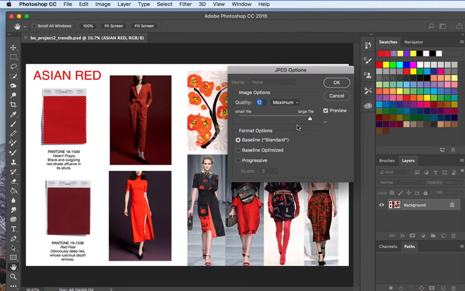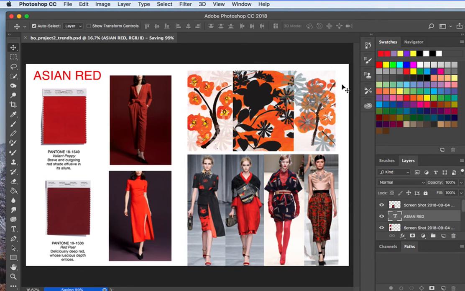Again, I'd like the file size to be between 2 to 3 megabytes. This is a little too big. I can change my quality to whatever I'm happy with. 2.5 is okay, so I save it. So now I have my trend board ready to use for project number